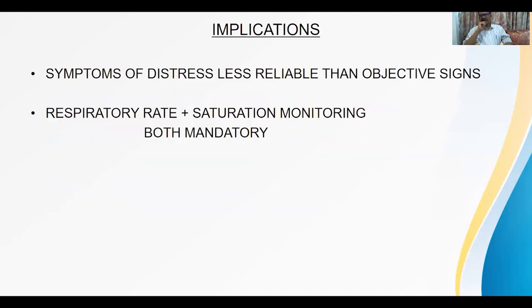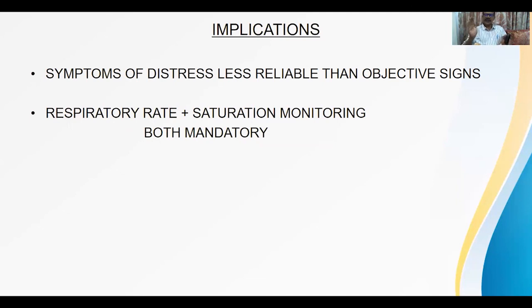Now, what are the implications of this? We discussed the C type and P type. Does it make any difference in actual management of the patient? Yes, it has large implications at the community level also. Previously, we were going by a syndromic approach to COVID. Healthcare workers will visit the hospital or visit homes, interview the patient, and keep on asking, are you having cough, cold, myalgia, headache, confusion, and all those things. The majority of people will say that they are not having anything. I had fever previously, I had myalgia, but at present I'm absolutely fine.